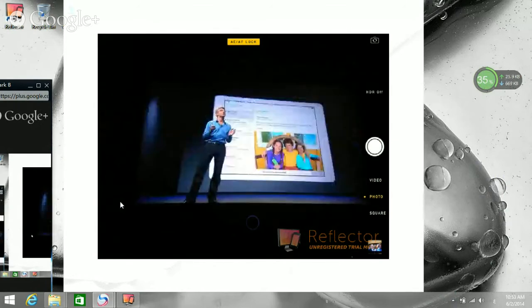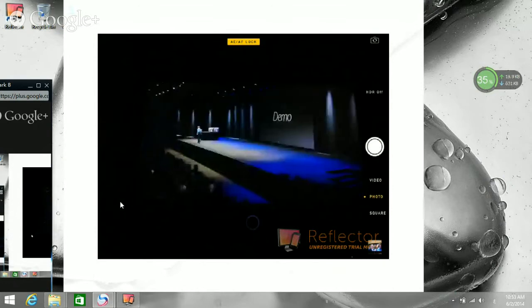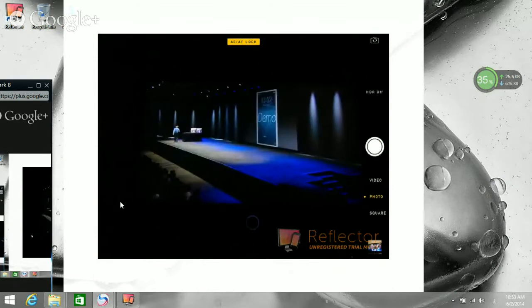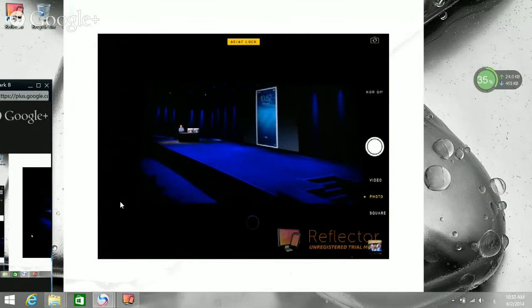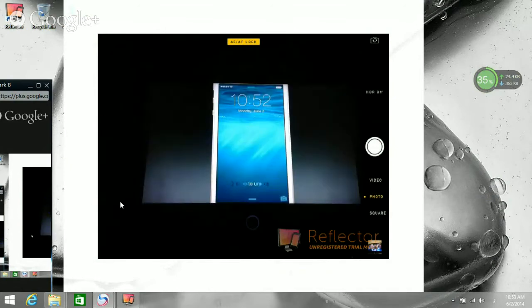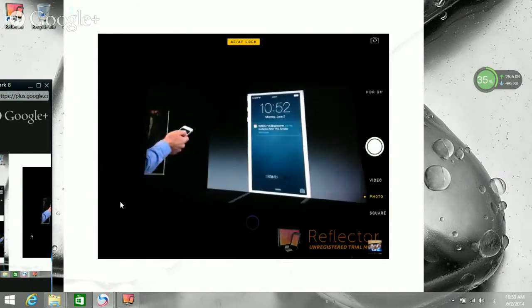So I'd like to give you a demo of some of these great iOS 8 enhancements now. Here we are on our iOS 8 lock screen. And if I receive a notification, looks like I happen to get one just right then, I can